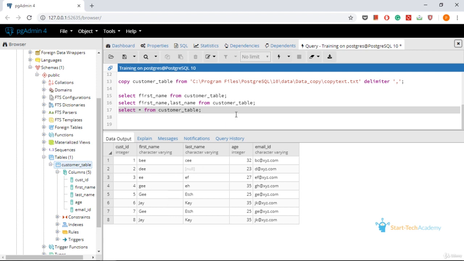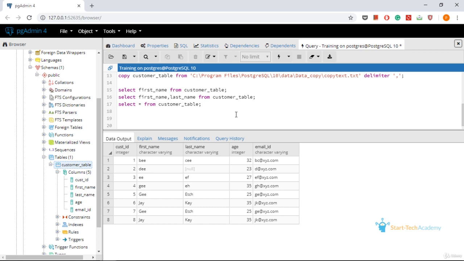Let us write select distinct first name from customer table. Take a moment to guess what will be the result of this query.